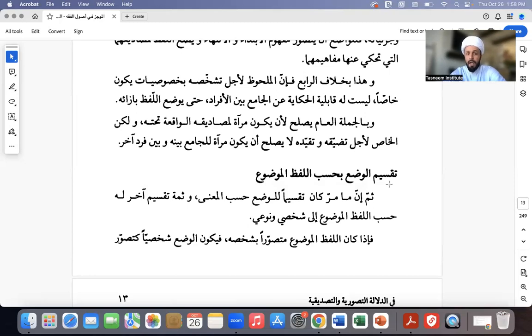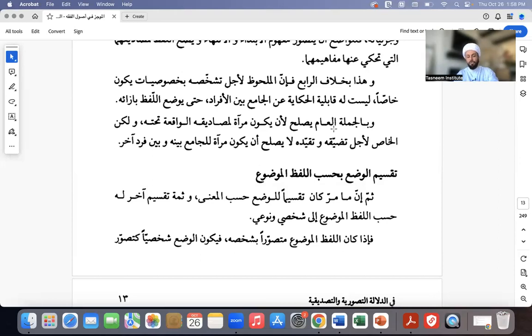وبالجملة, meaning to summarize, العام, what is general, يصلح لأن يكون مرآة لمصادقه الواقعة تحته. What is general has the ability, it has the potential to act as a mirror for its specific instances. ولكن الخاص, but when it comes to a specific meaning,